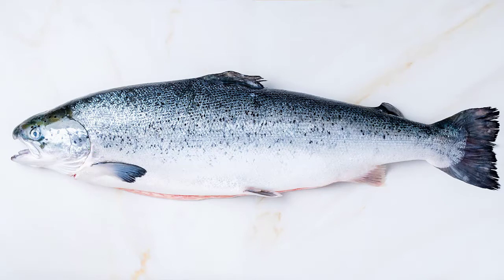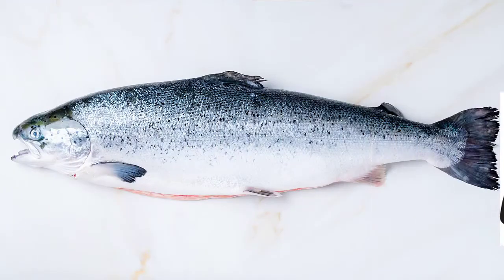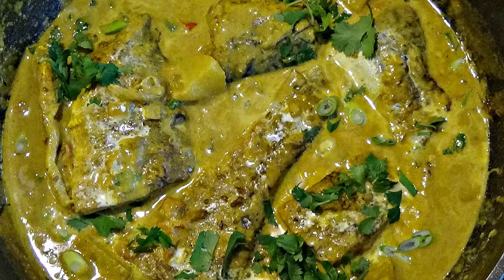And so that's vitally important. No smelling fish. If the fish smells, that means that the decomposition process has started. You want fresh fish that doesn't smell. Okay, guys? To cook this delicious dish,